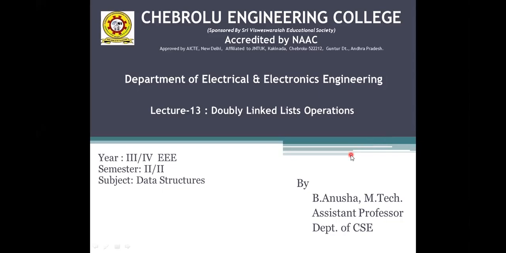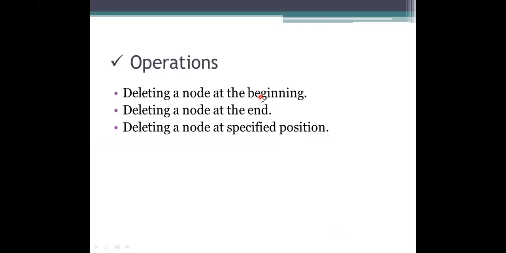Good morning, class. Today we will see the remaining operations of the doubly linked list. So, in previous sessions, we have seen what a doubly linked list is and what operations we have covered so far. Creation. In that creation, we created a single node, and also we created n number of nodes by using the create list method. And also we have seen the insertion.